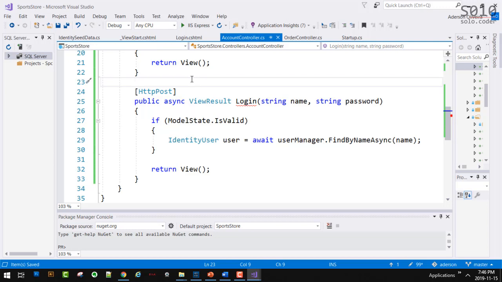In the context of an action, we have to wrap the view result inside something called a task. So it gets a little bit more complicated, but that's it. We're just going to say that this asynchronous method is a task of type view result. Okay, so we have to wrap this up inside. So this becomes a task.